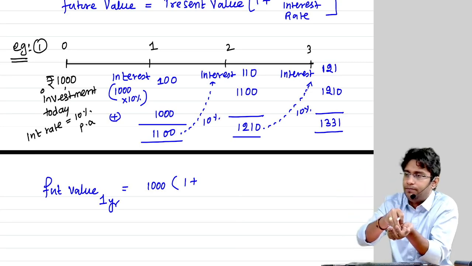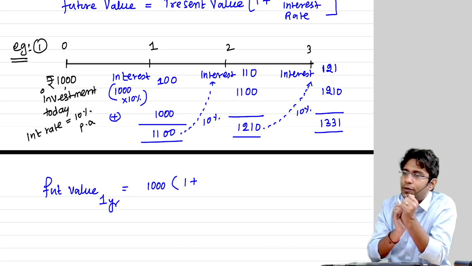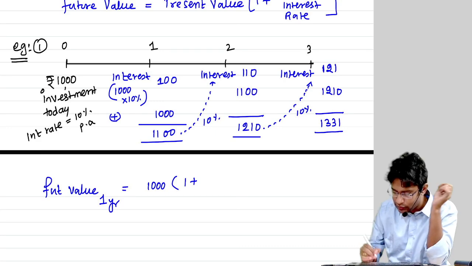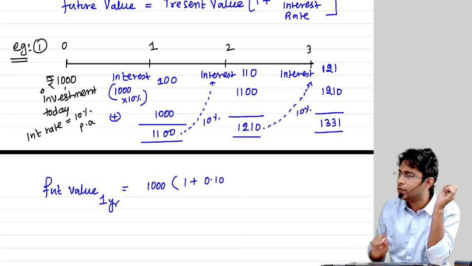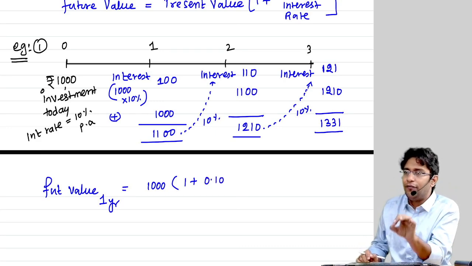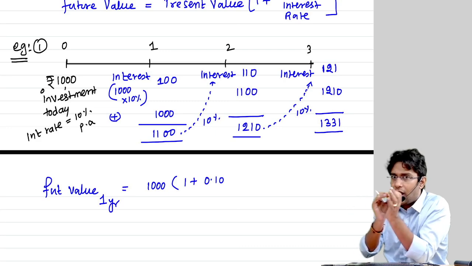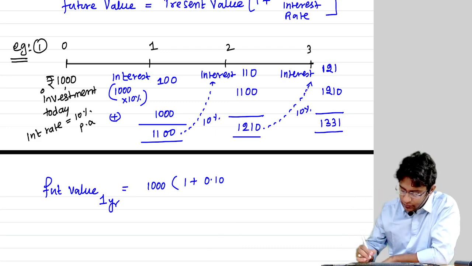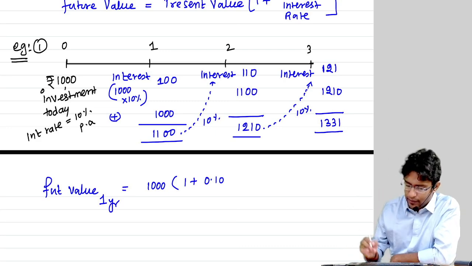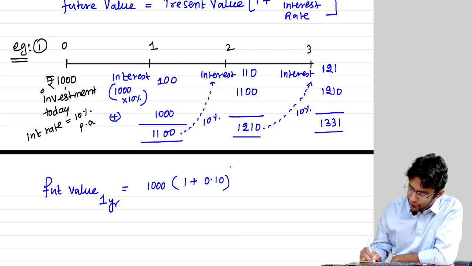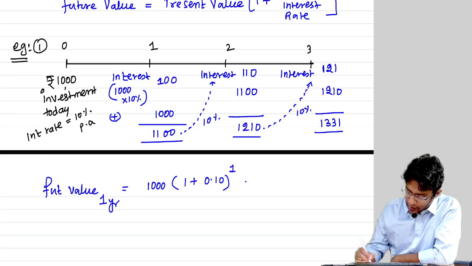Always remember, sir, whenever 1 plus interest rate is there, since it is 1, interest rate should be applied on 1 rupee. So 10% applied on 1 rupee is how much? 0.10. So you should write only 0.10. Interest rate by default always should be written in decimals only, sir. Wherever 1 plus interest rate is attached, R should be in decimals. If 100 is attached, in full number you can write. So since you want future value at the end of first year, whole power 1, so it will be